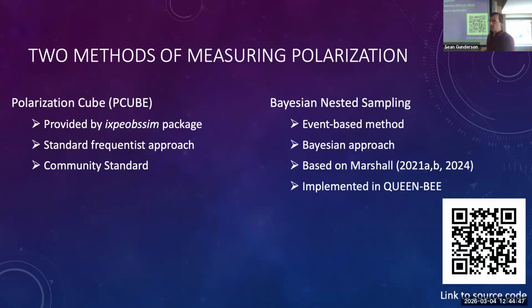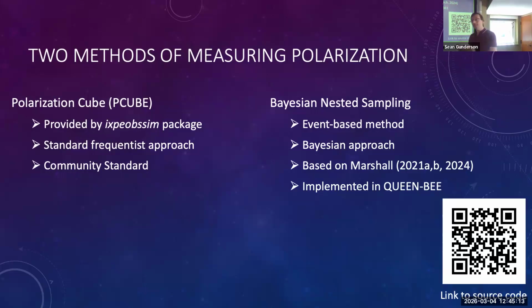It uses a frequentist approach where you statistically measure your probability of having measured polarization at each time bin and in each energy bin, however you want to make the cube. This is the community standard, and thus it's always good to use it so you can make sure that you're getting the right results. The other method, thanks to Herman Marshall at MIT, through 3 papers, figured out a way